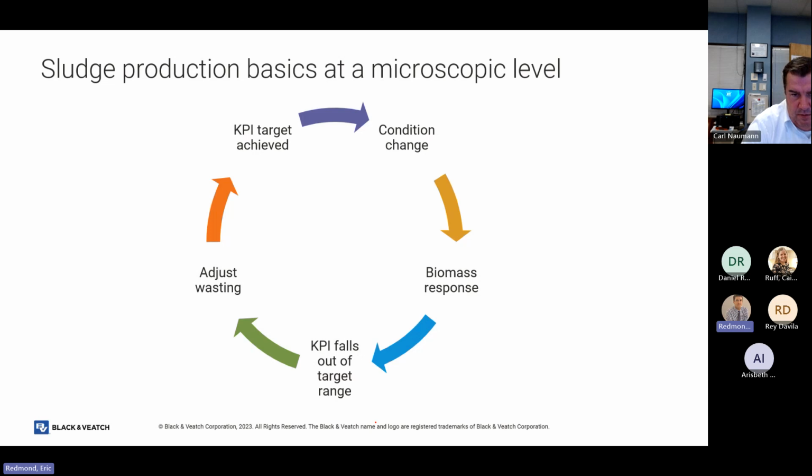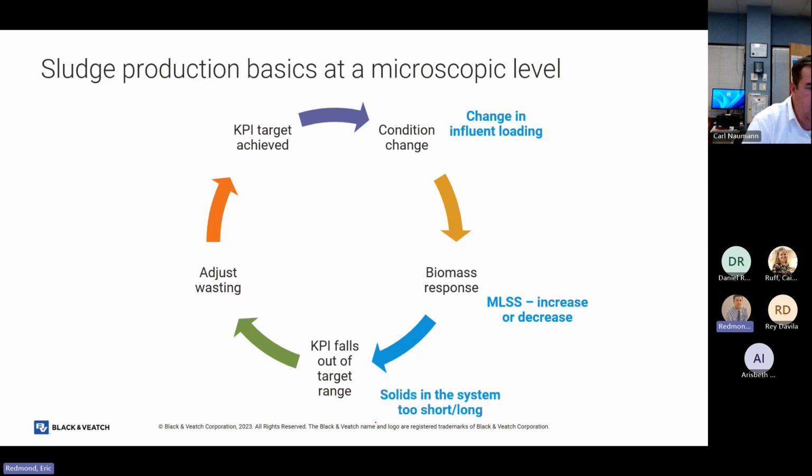So now, sludge production basics. Just taking it all and putting it together. Really we have a change. If we're going through this each morning, we're thinking about, okay, an influent loading change. Maybe that changed my mixed liquor, so my mixed liquor increased or decreased. So I'm taking that new mixed liquor value and inputting it into my SRT equation. That's where I'm determining what length of time I'm targeting for my SRT, whether I'm targeting 10 days or 11 days,